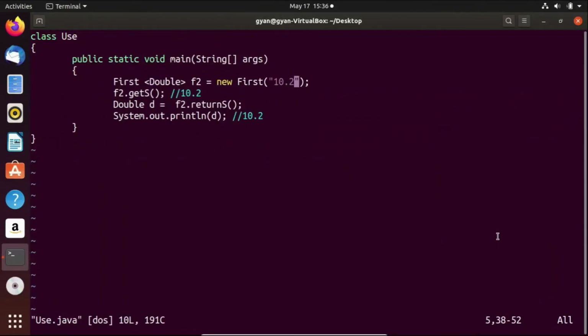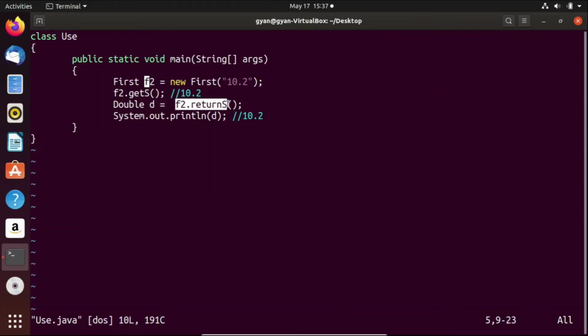Now let's make it fully raw. Now you know that when you create a raw object of a generic class, then the JVM does not care about the type of the type argument, and the type argument remains of type object. So here what will happen? The JVM will not typecast the value returned by the returnS at all, and an object reference will be returned by the method returnS.